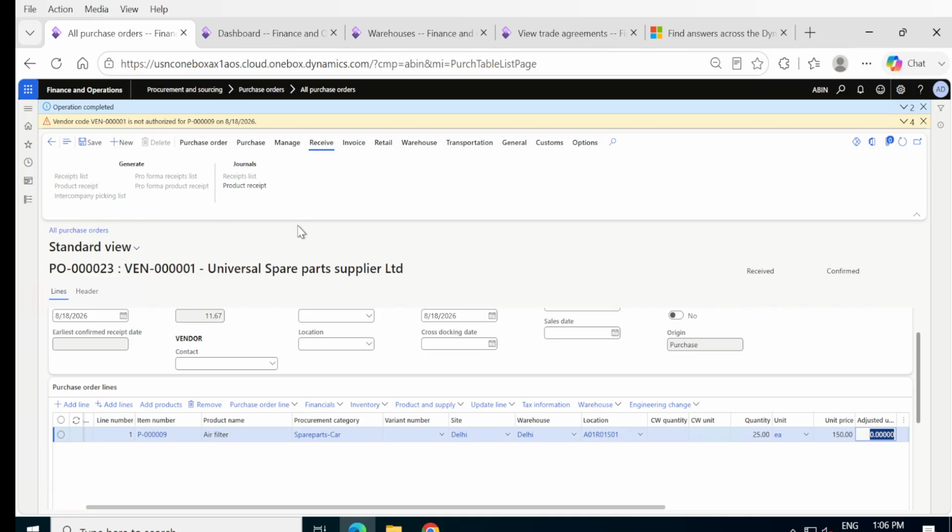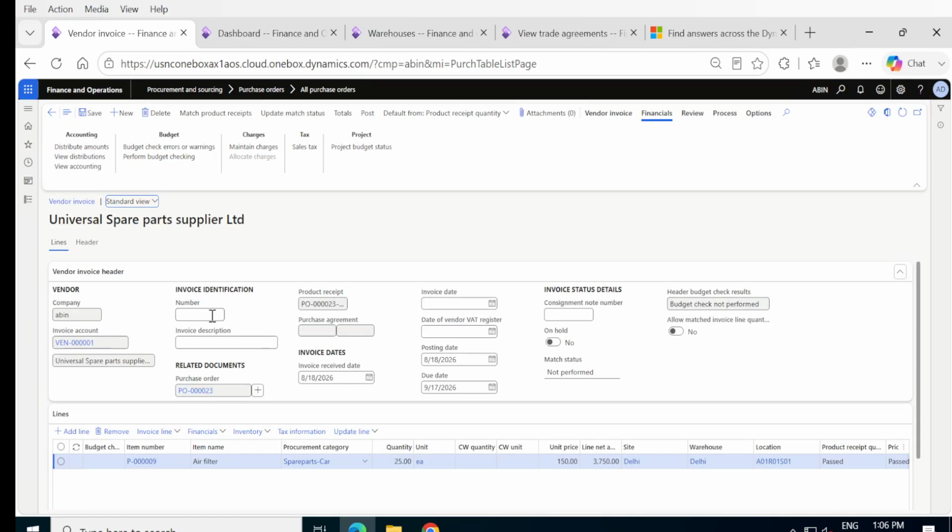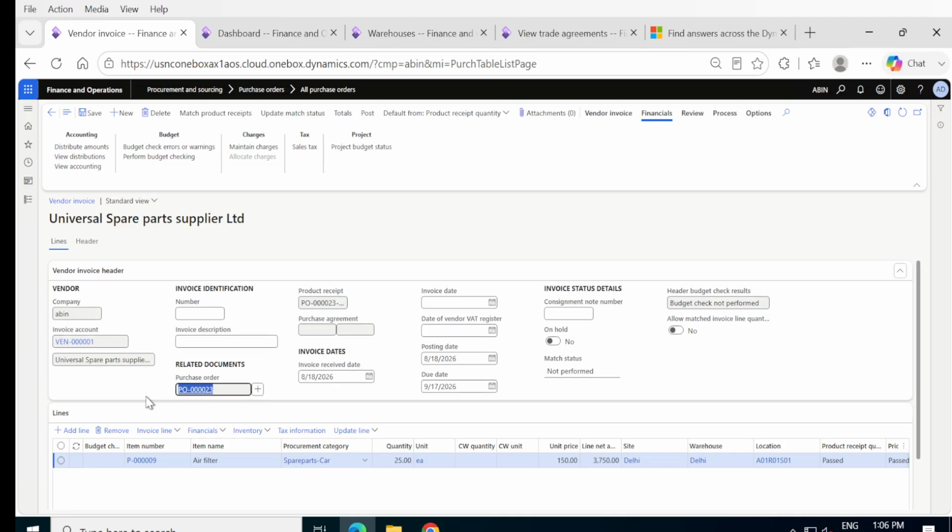invoicing. Okay, now let me go to invoice and generate the invoice. Let me add an invoice number. It's PO by one, same. I'm giving the invoice date as today's date. And then